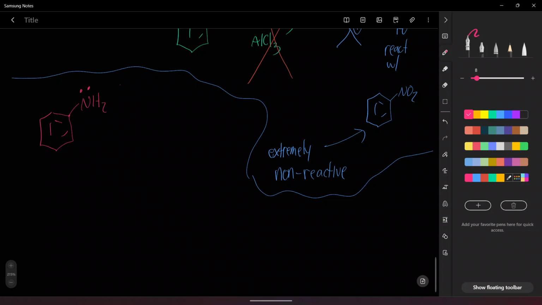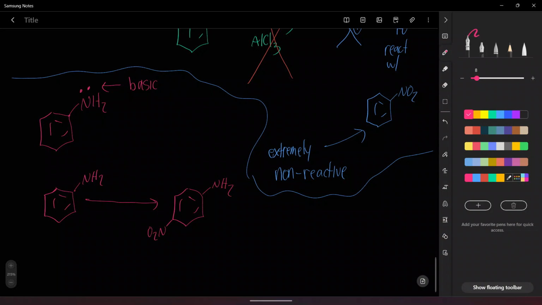But anilines are also basic, so that lone pair can grab a proton if there's a nearby proton. So if you have aniline right here and you're trying to nitrate the aniline, so you're trying to make this molecule on paper,